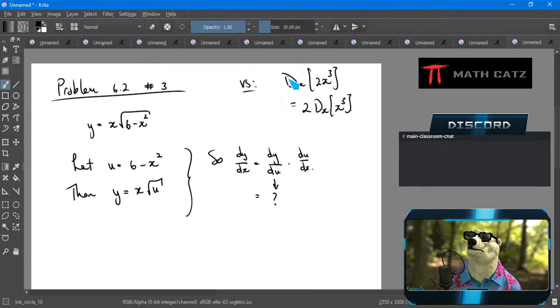It needs to be tweaked and moved into position for the power rule to then be applied. Yes, the power rule is a main player, but it needs to be ready, and it's not ready. Yes, the chain rule is a main focus here, but because of this x, it's not ready for the chain rule. It's just not ready. So here, let's say it. We're not ready